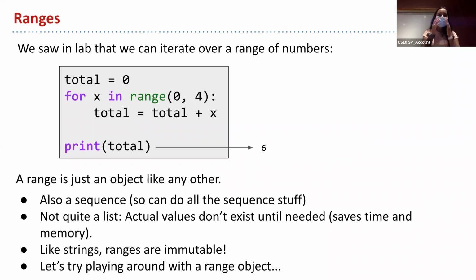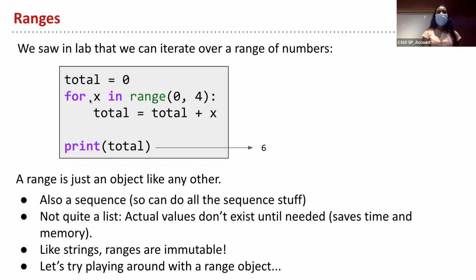Okay, so basically range is kind of like a list, but a short-term list, and it just gives you a specific set of consecutive numbers depending on the inputs you give. So if you give 0 to 4, it's going to give you the values 0, 1, 2, 3, and it's not going to give you 4. It's not exactly a list, but it's kind of like a type of list, and you're going to use it a lot with for loops.